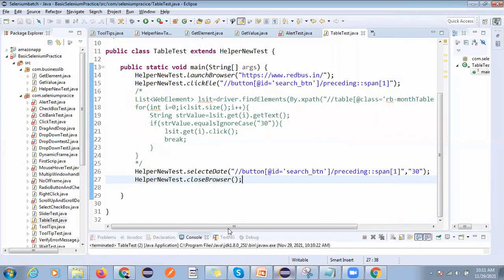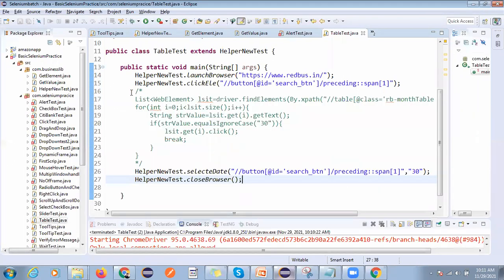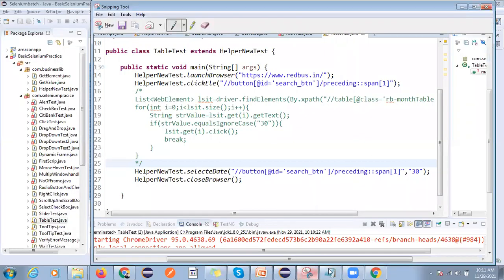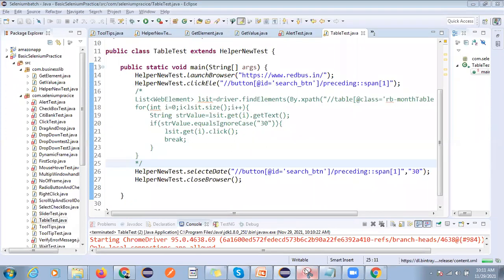The site is very slow, you can see now it is working fine. So here I completely used a reusable method to execute that. Okay, after 2 minutes this session will expire. Okay, so once again I want to take one screenshot.